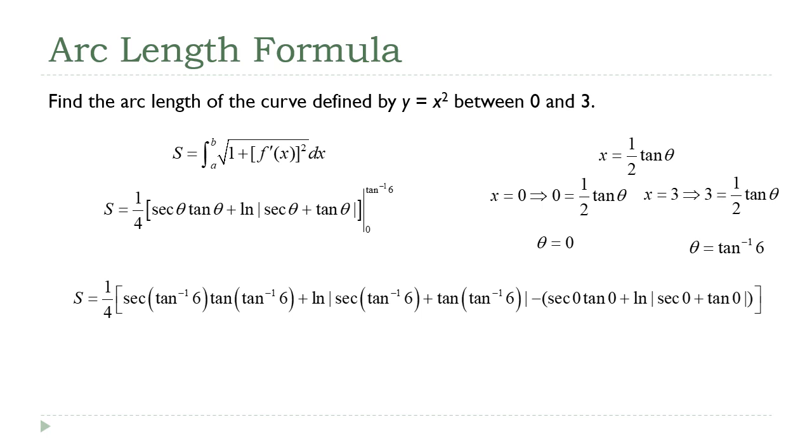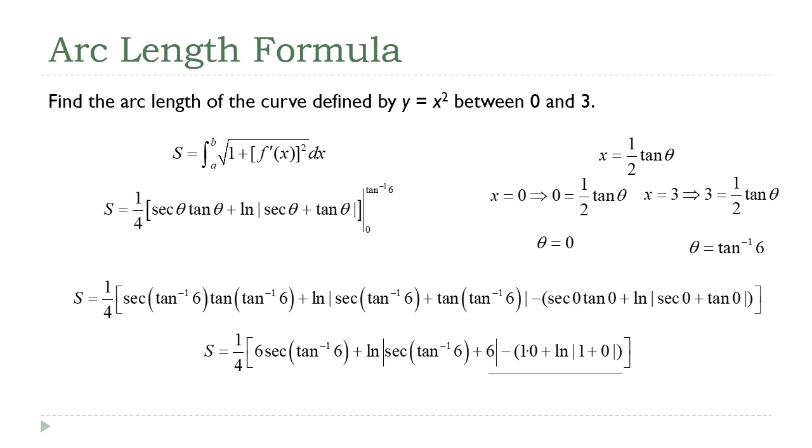And on the subtraction part, I'm going to put it up here. Secant of 0 is 1, and the tangent of 0 is 0. So you see that? Yeah, that's not so bad. This whole part here is 1 times 0 plus the log of 1, which is just 0. So this whole bit here just becomes 0. That whole subtraction part is going to go away. Okay, and that leaves us